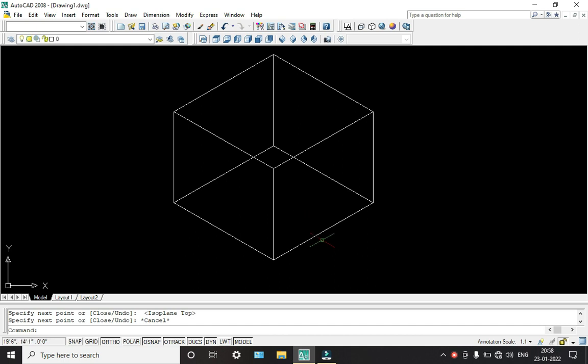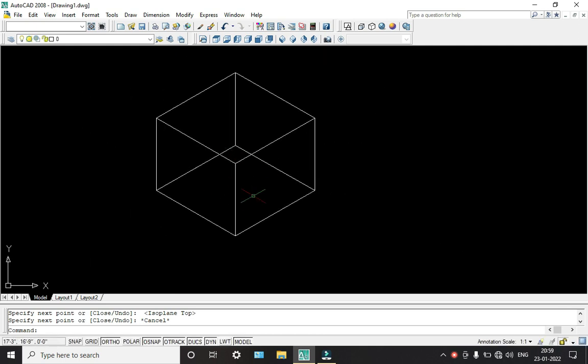So we can draw anything like this. So in this offset it won't work. So in this isometric we have to use what? Copy command. We have to use the copy command. It will come only 90 degrees, not in incline. So we have to take copy. So for that go to copy, enter,